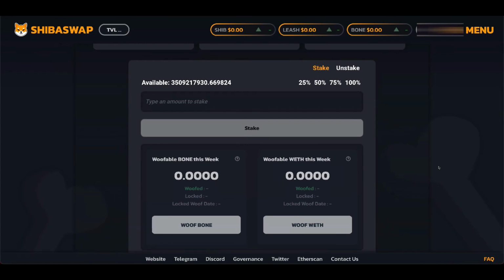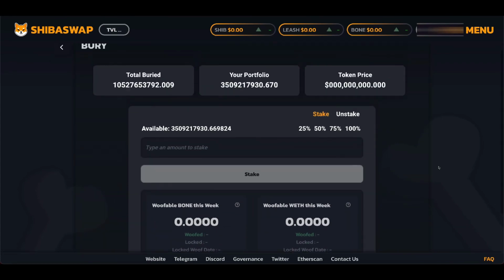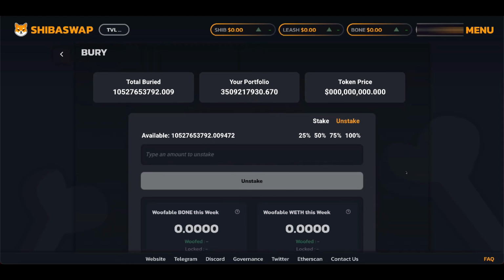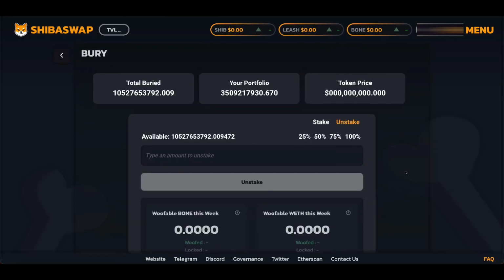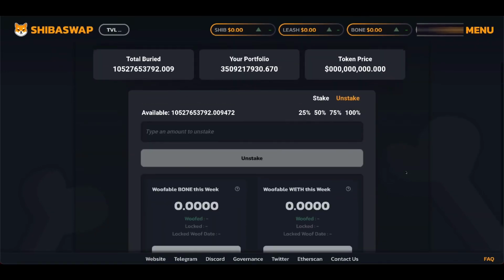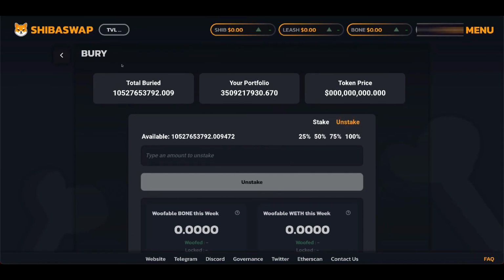But you can see I played around with it today, showing you how you can do combinations. You can stake it, you can unstake it, and if you still have it in your portfolio, you can combine it with going over and providing liquidity, or you can go and swap it with whatever other token you want. You can be playing around with it however you want. This is very intuitive, it's very interactive, and this is what staking is about. It's really simple, and what I want you to know,